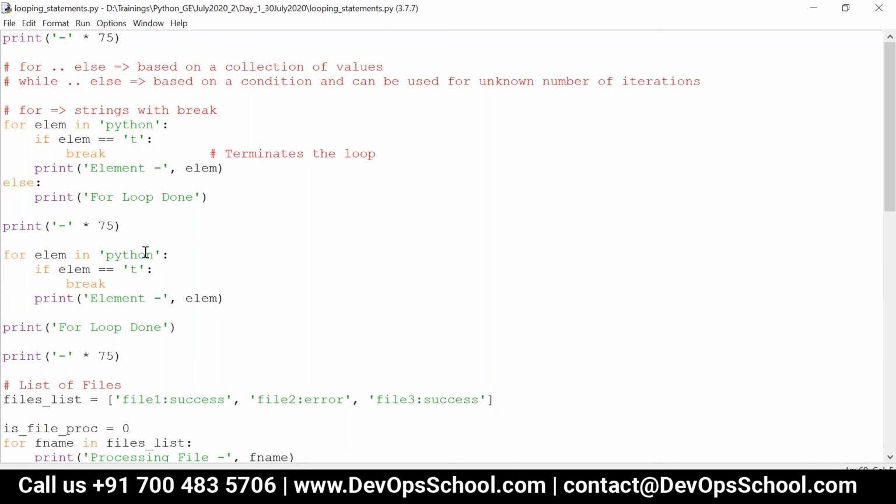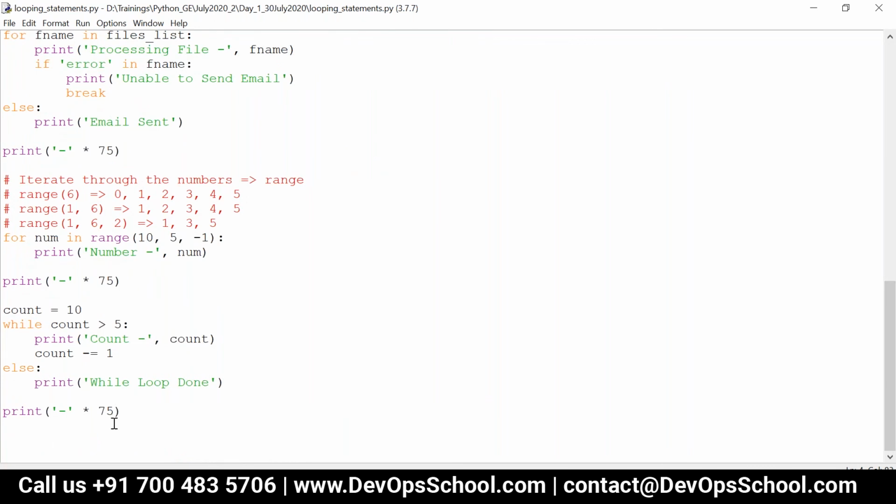Whenever the condition fails, it comes to the else block. And while loops can be used for an unknown number of iterations. What is that unknown number of iterations? Let's see something called the input function. This input function is used to get input from the user during runtime.